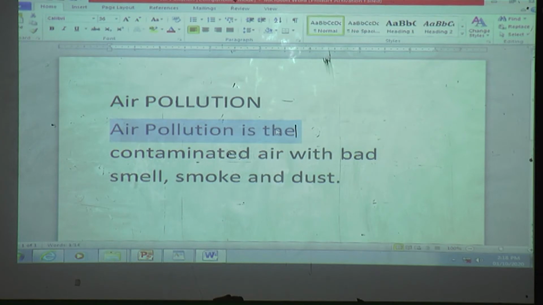It is selected. Now where is the home menu? Here is the home menu. And then where is the cut option? Cut, then it is copy and it is paste. Cut, copy, paste.